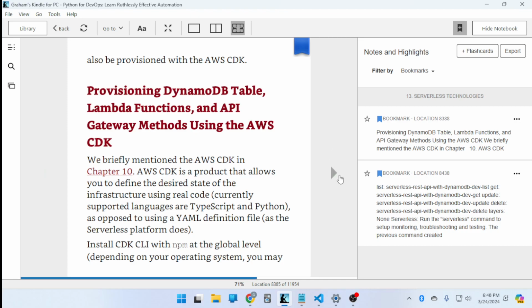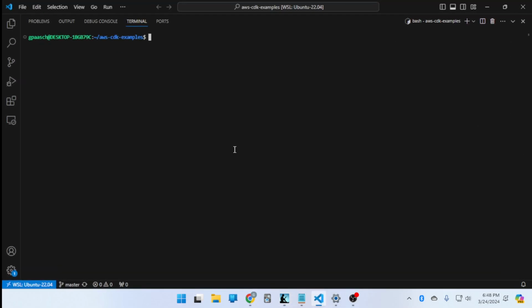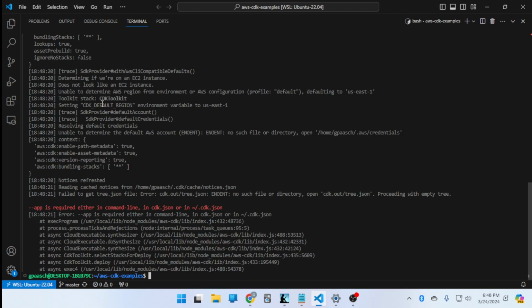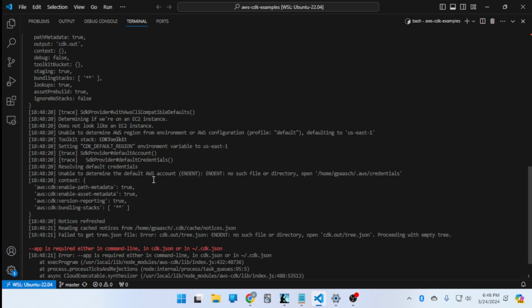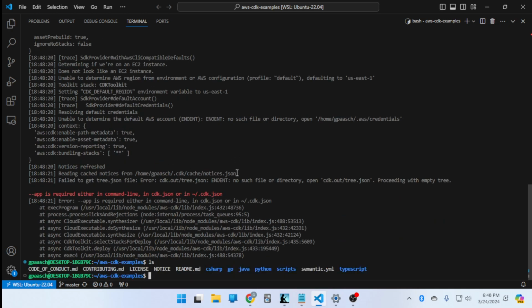Let's see here. Okay. I've got it to the point where I can run the CDK deploy. Now let's see if there's a help so I can see. Let's do a dash VVV. There we go. So now we can see everything. Hopefully we can't see my account ID. Oh, you know what? I'm in the wrong